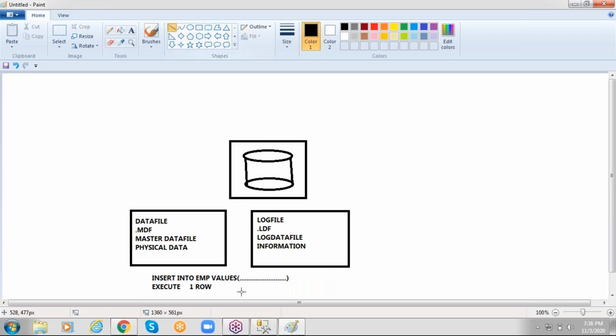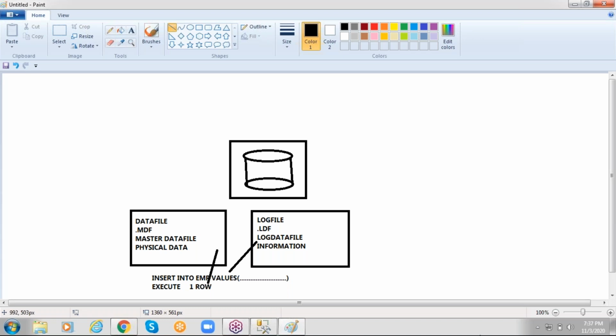One row will be generated. That row is physical data. That row goes to the data file, and the command you executed goes to the log file. The row generated by the execution of the insert command goes to the data file, and the command you executed goes to the log file.